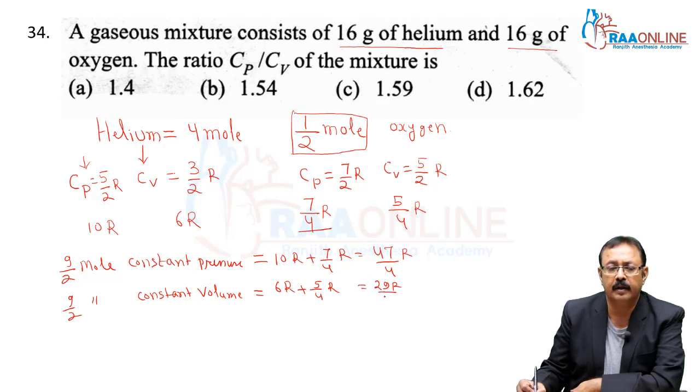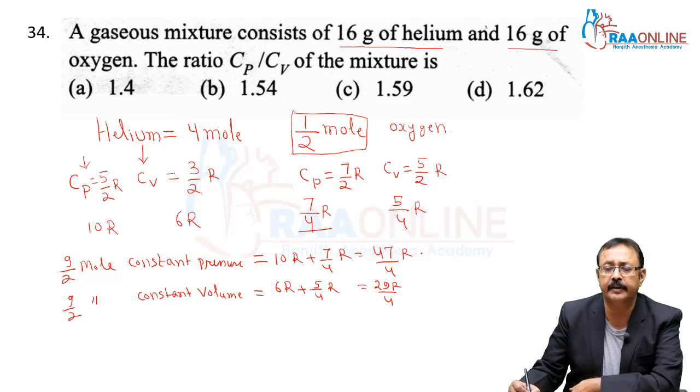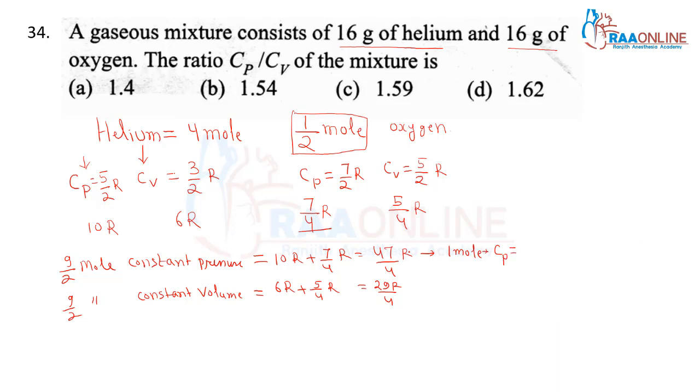(29R/4). So for 9/2 mole we need this. So for 1 mole, Cp for the mixture, we have to divide this by 9/2. So 47/4 divided by 9/2 means multiplied by 2/9. So we are getting